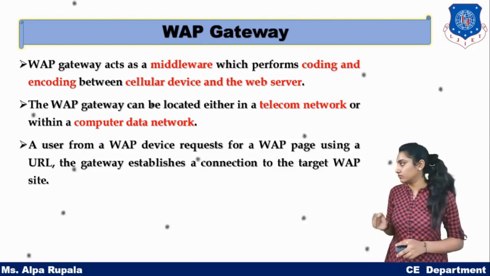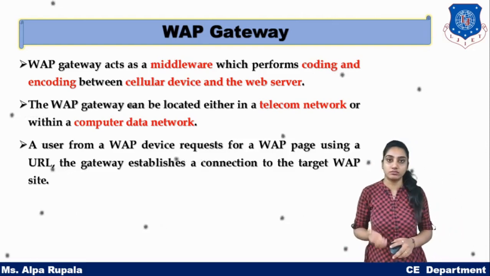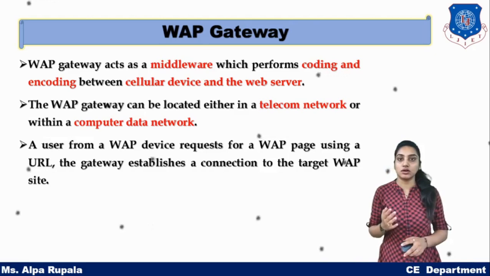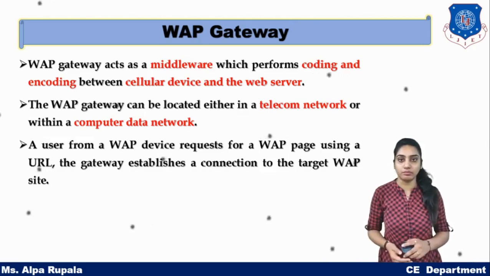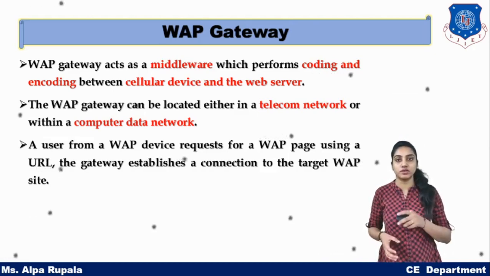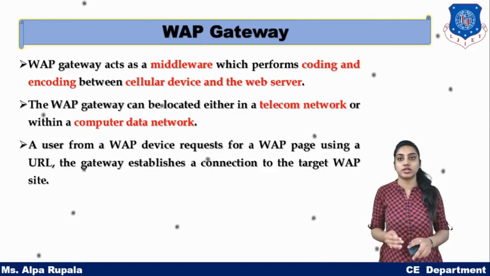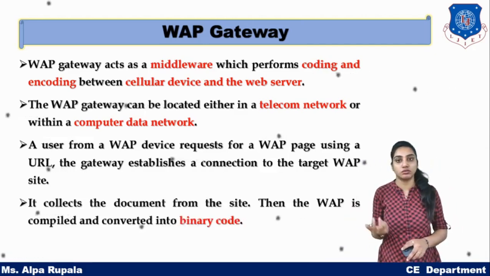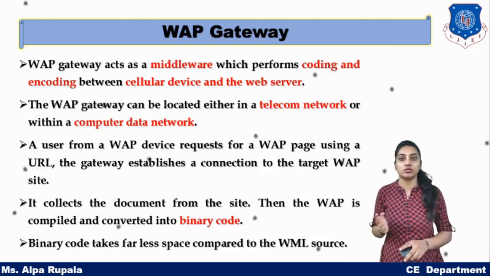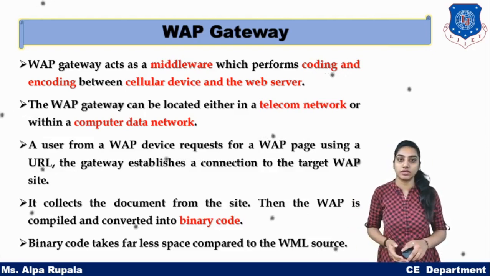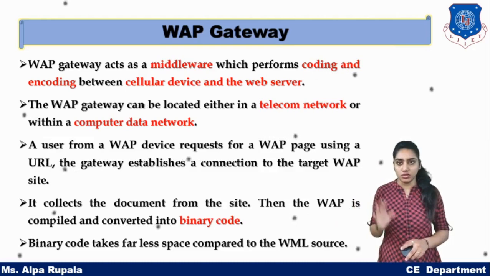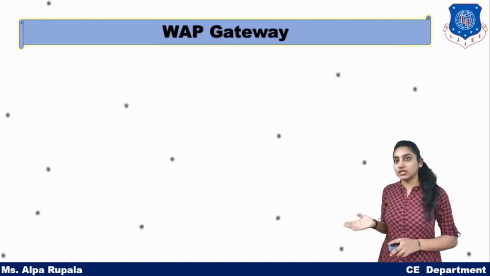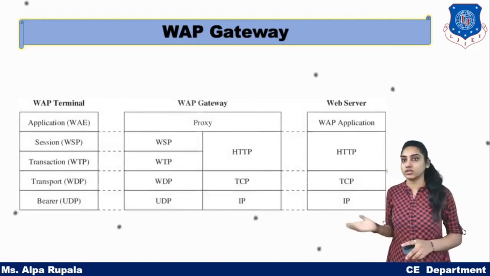So basically, we are using the web device, the web page, and the user agent, which is your web browser. The web browser gives the request, and further functionalities are provided. Our content will be converted into binary code, and then that binary code will be given again to your browser. So this is the functionality. Now we are going to see this functionality in detail.